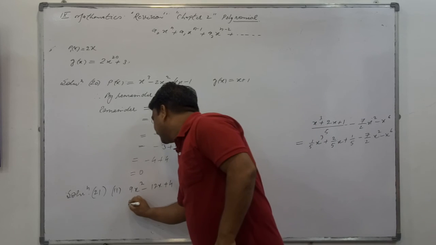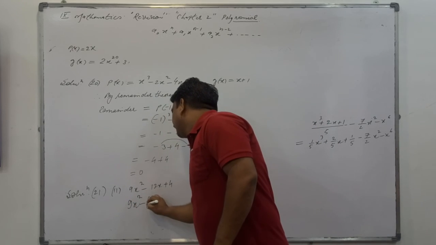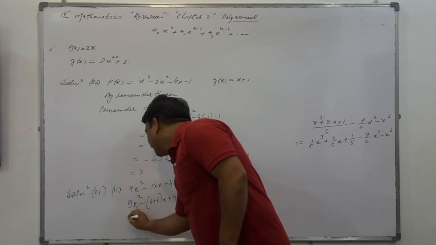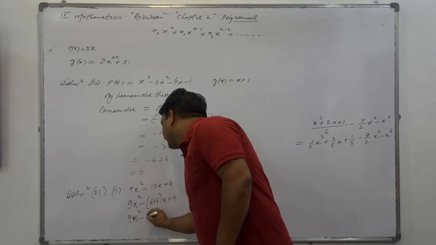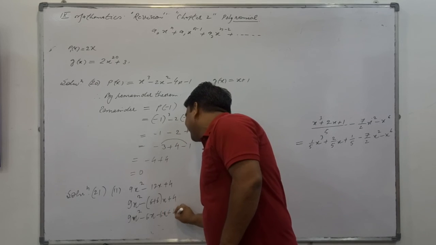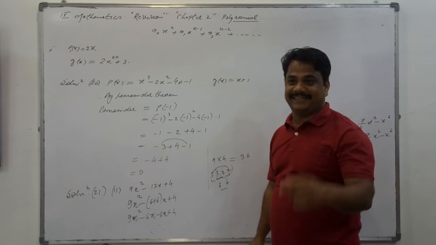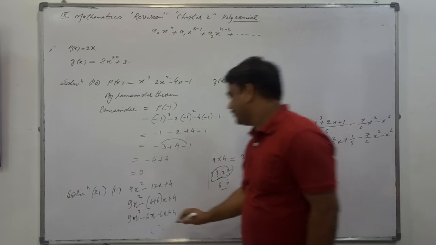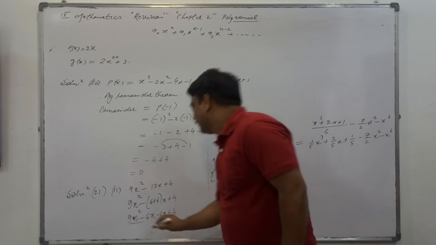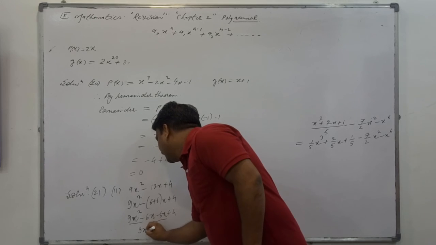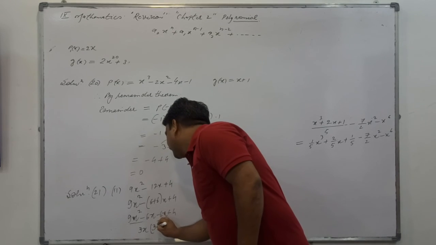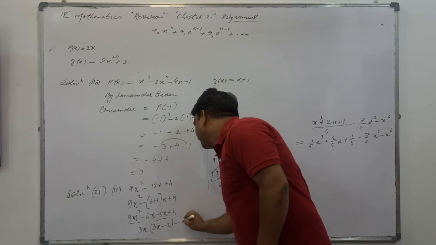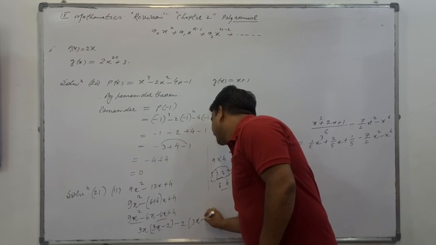Your main task is, so 9 times x square minus 6x plus 6x plus 4 you will write. Open the middle term. Two negatives and two positives means we are going right. What is common in them? 3 is common and x is common. What's left here? 3x minus 2. And what is common in them? 2 is common. Here 3x and minus 2.